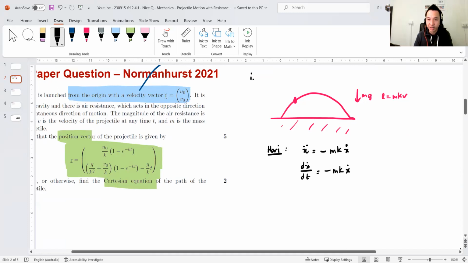If I leave the mk, they're constants, on the other side, I swap these guys and, using my differential equations, put these together on one side, you get 1 on x dot, or 1 on v, dv equals minus mk dt. And then I integrate both sides, right? Because these are constants, I can easily integrate that. Same effect. So I get ln